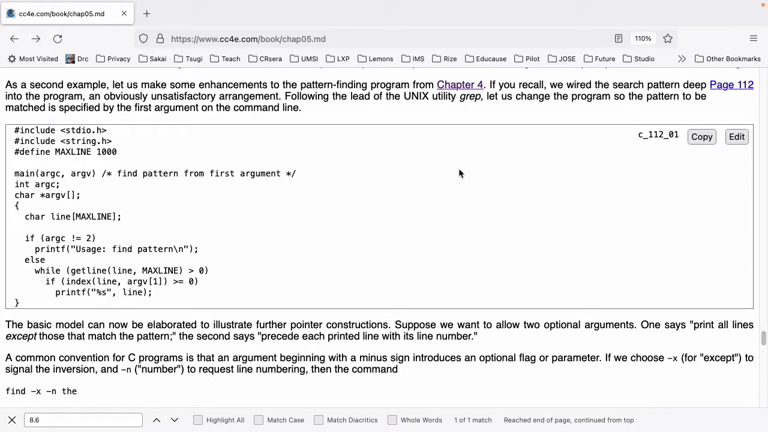www.cc4e.com/code. #include <stdio.h> #include <string.h> #define MAXLINE 1000 main(argc, argv) int argc; char *argv[]; { char line[MAXLINE]; if (argc != 2) printf("Usage: find pattern\n"); else while (getline(line, MAXLINE) > 0) if (index(line, argv[1]) >= 0) printf("%s", line); }